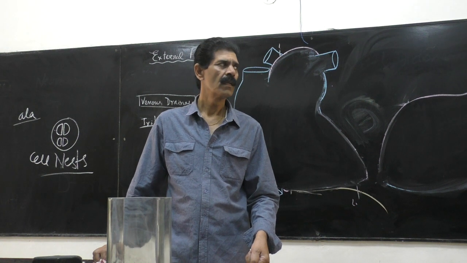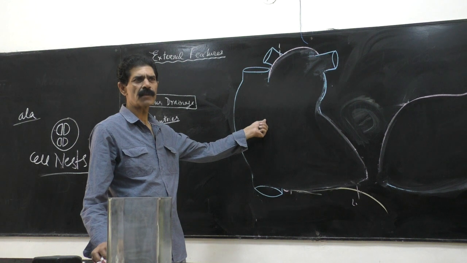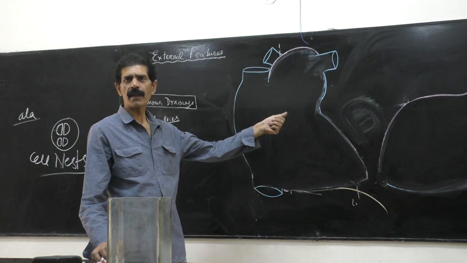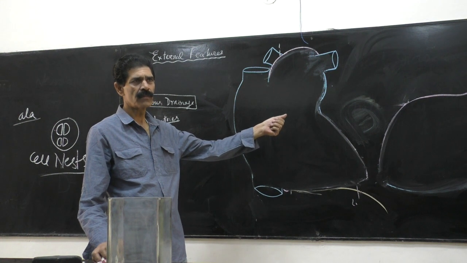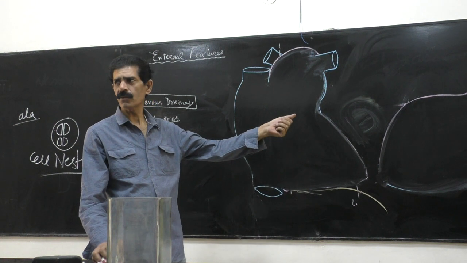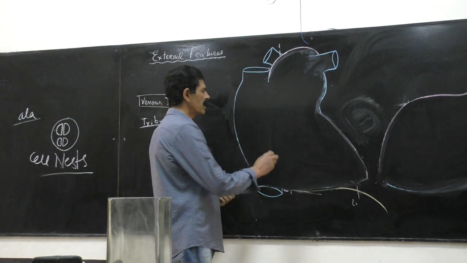So, same basic diagram again. When the question of the venous drainage comes, you have to make two diagrams. For arterial supply, you have to make two diagrams. For pericardium, again two diagrams. External features, again these two diagrams. So they are the basics. I have already told you. So in the venous drainage,